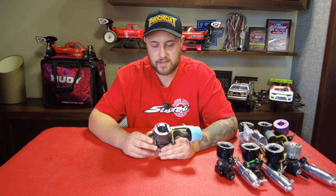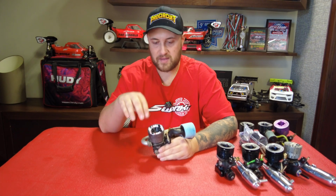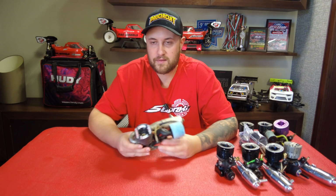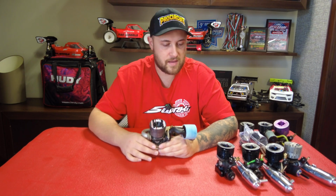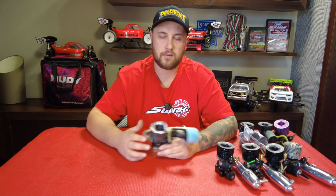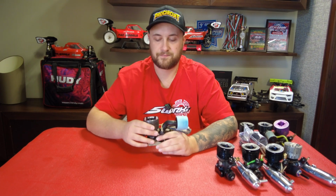For me, buying Reds is the best experience ever. You can tell that I love buying engines, but buying Reds in particular gives me the most pleasure. I like the box, I like the experience of opening it, I like the colors, overall it's a very good experience. It's not only about the engine. Some engines will give me, for example, 0.5, no, even less, 0.05 seconds better lap time. It's not all about the engine. It should give you pleasure when buying it, and Reds gives me that. So yeah,